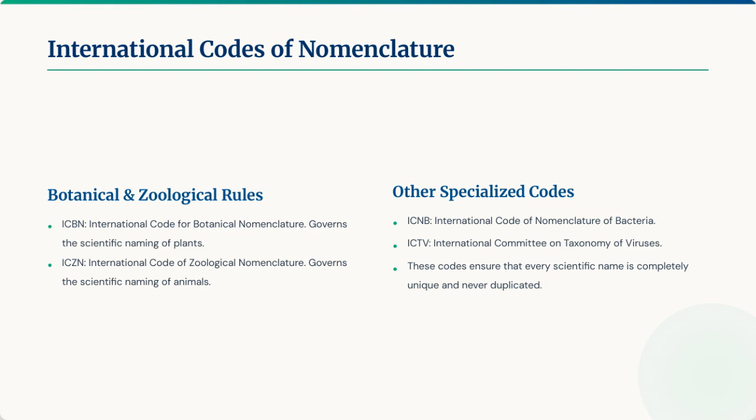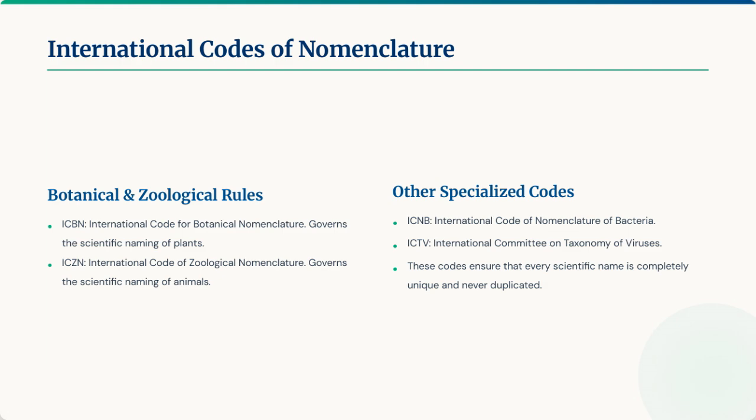Then, there's the ICNB, which covers bacteria nomenclature, providing a standard framework for naming bacterial species. Finally, we have the ICTV, the International Committee on Taxonomy of Viruses, which is responsible for the naming and classification of viruses. These specialized codes are crucial because they prevent duplication and confusion, making certain that each scientific name is one of a kind and properly regulated across the globe. This system of international codes forms the backbone of biological classification and allows scientists everywhere to communicate clearly about the